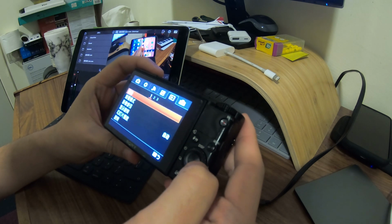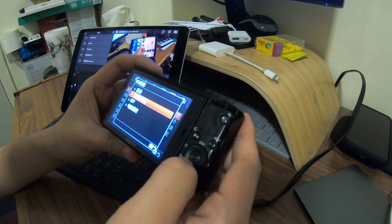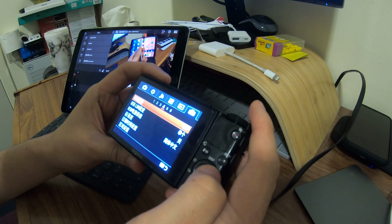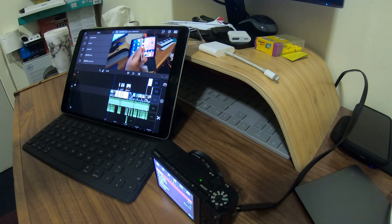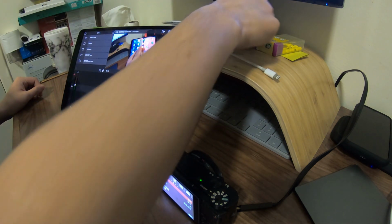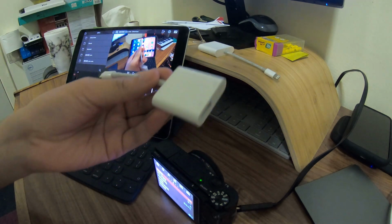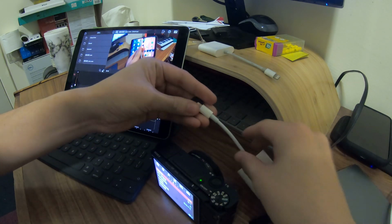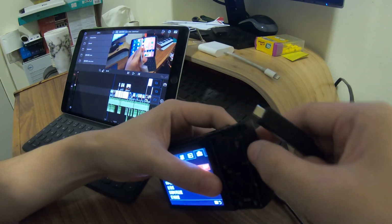And for the Sony camera, I have to go to the settings, to the USB storage setting, and set it to MTP so that the iPad can identify those XAVC S and AVCHD footages inside this camera. However, there is a downside, because when it's in MTP mode, you can't delete the footage after you've imported it. And the same thing, a Lightning cable plugged into the charging, and